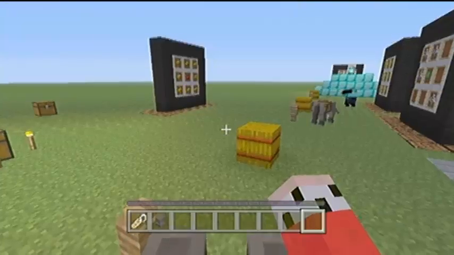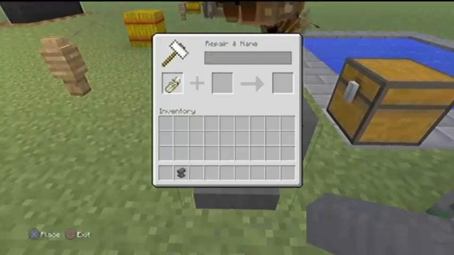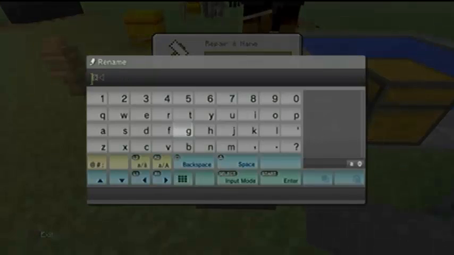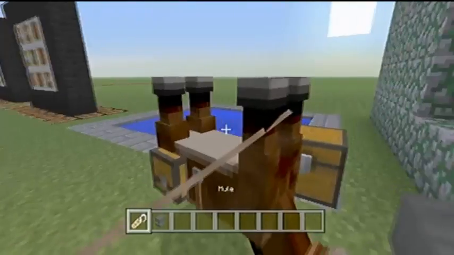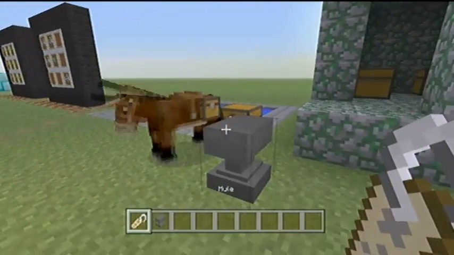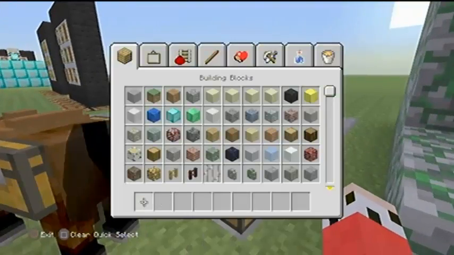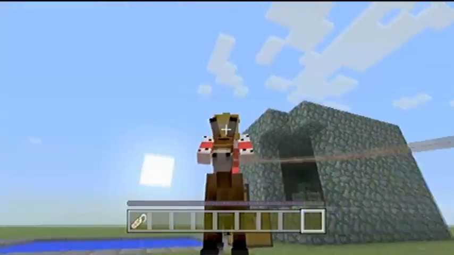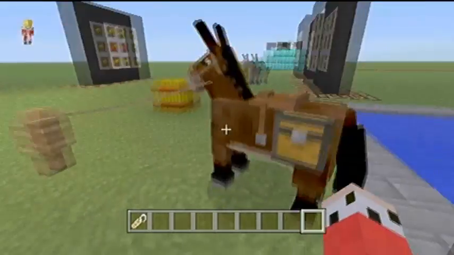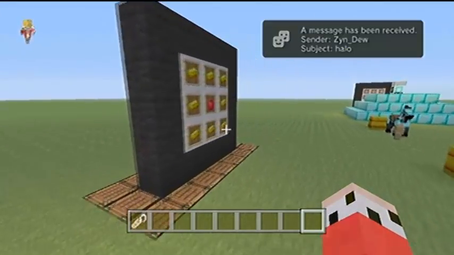It's pretty weird. But just by changing the name back to something else, such as mule, because this is a mule, we'll flip him back over. Obviously changing its name costs enchantment levels and stuff, so I wouldn't recommend having your horses upside down, because that could really be annoying. But anyway,